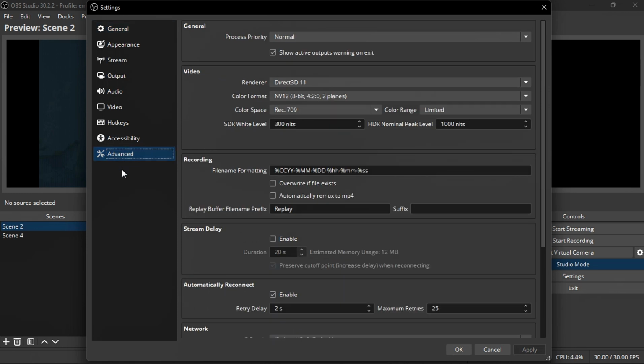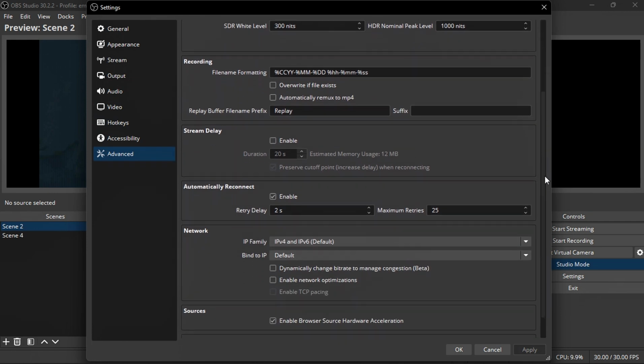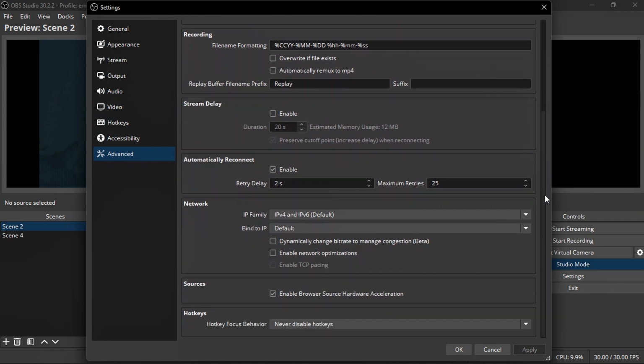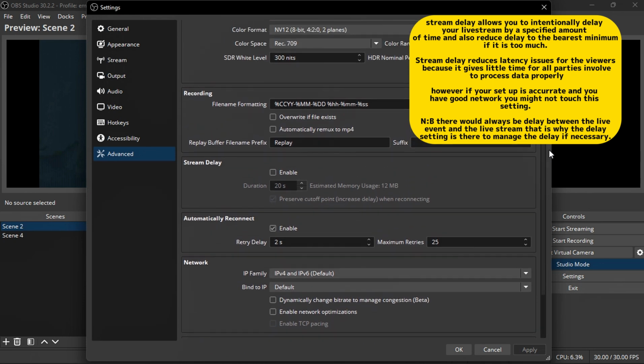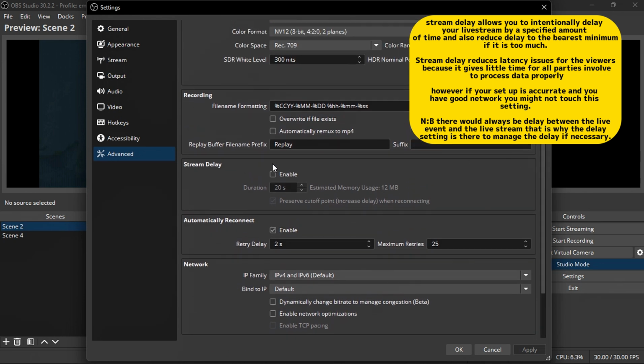Now this bottom part, here you have the advanced tab, and one thing I do recommend is you don't want to mess around in this place except you know what you're doing and what you want to achieve with it. Basically, OBS general settings for the advanced tab are quite fine and will optimize your system well and good enough for streaming. So let me just say this stream delay, it's one thing you might not even actually want